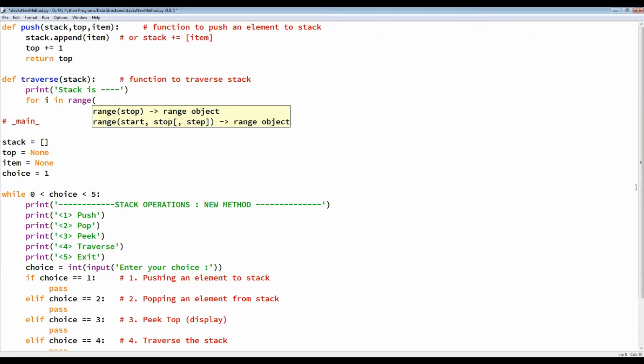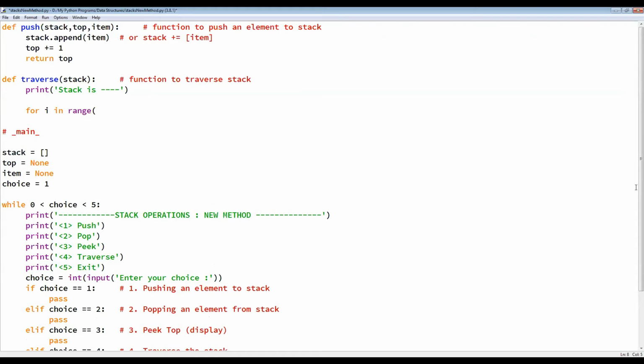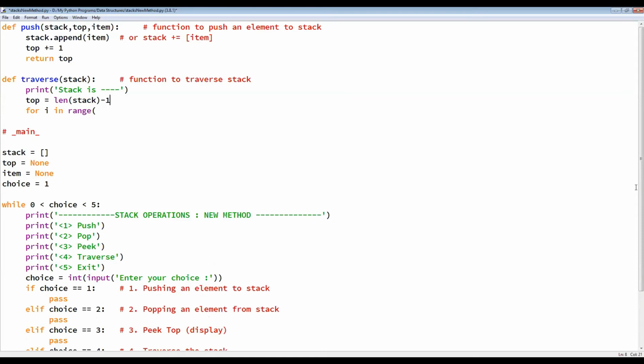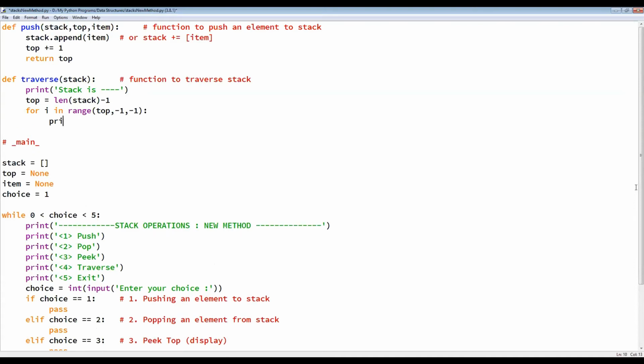So that is the reason why I'm going to do it this way. So two functions are done.